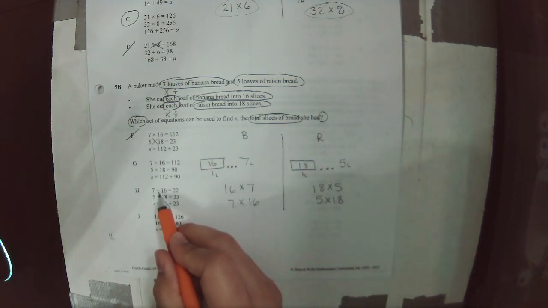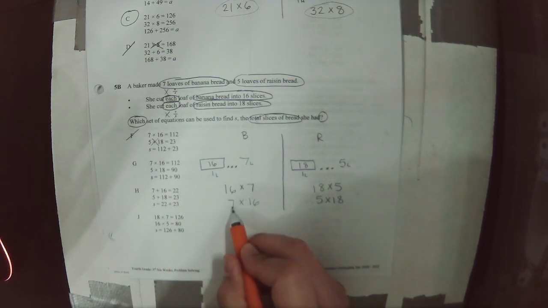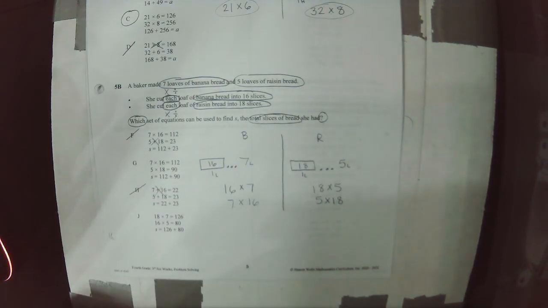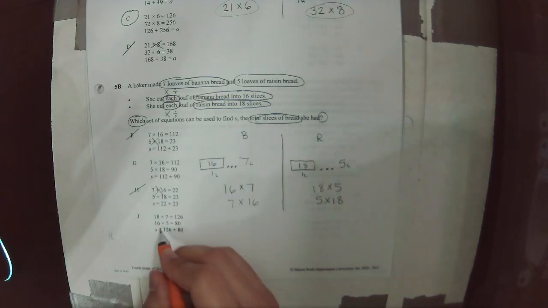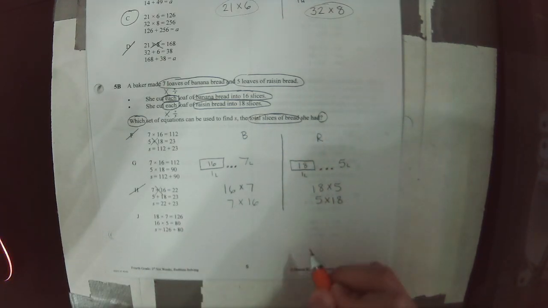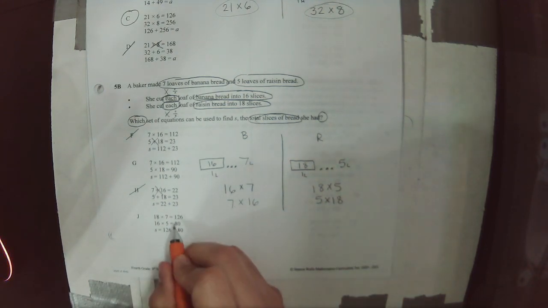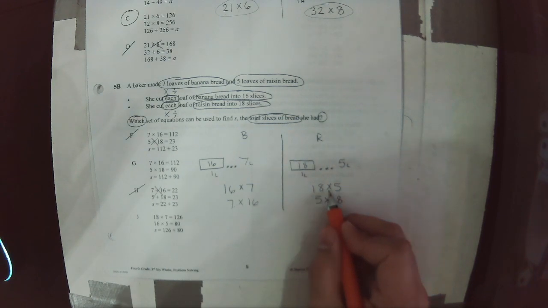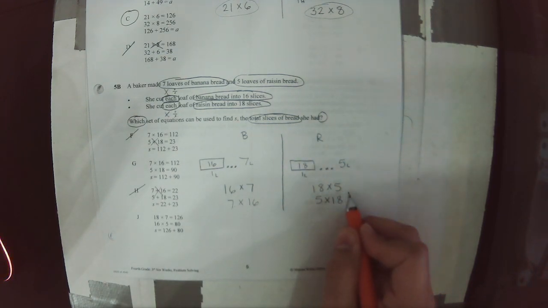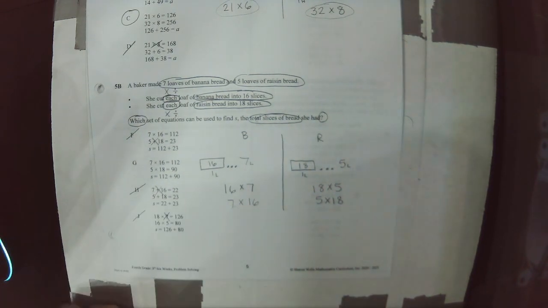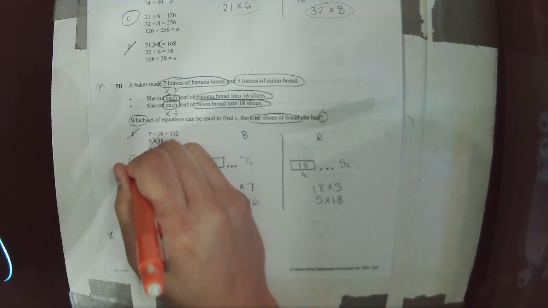H. 7 plus 16. Got the numbers right, but not the operation. And J. 18 times 7. That's close. They got the 18, they got the times, but they made a mistake. It's not 18 times 7. It's 18 times 5. So J is out. There's only one that has the correct numbers and operations, and that's